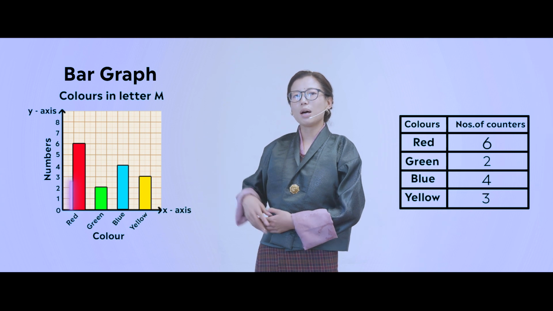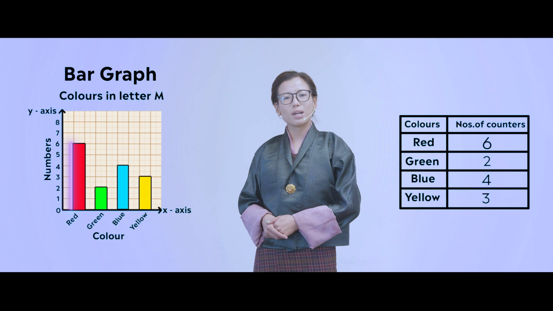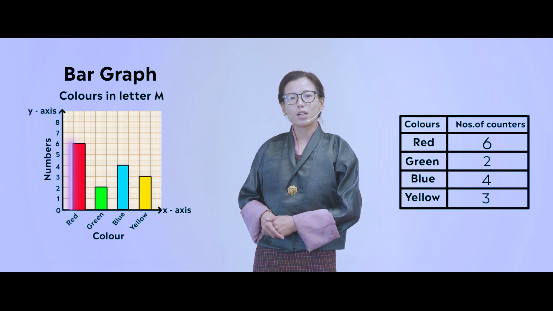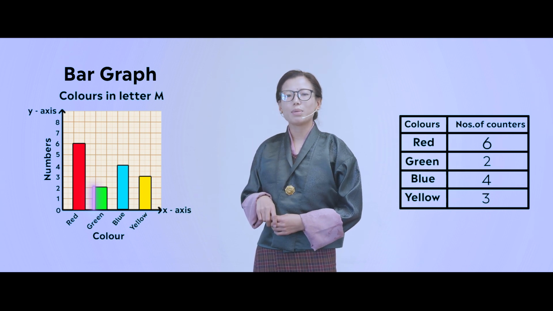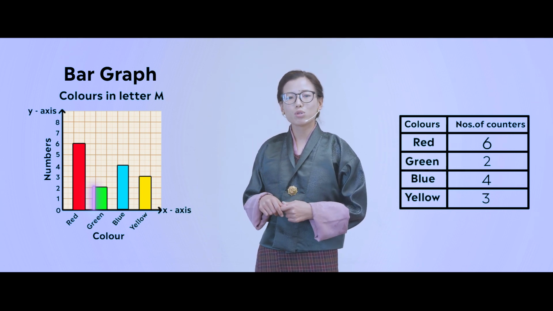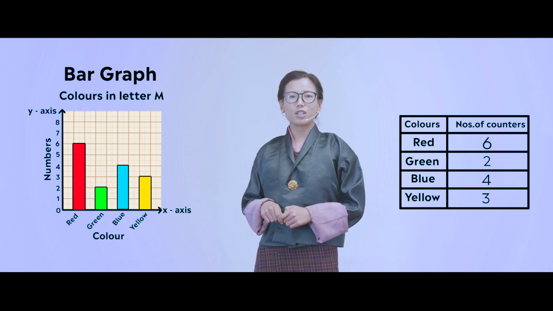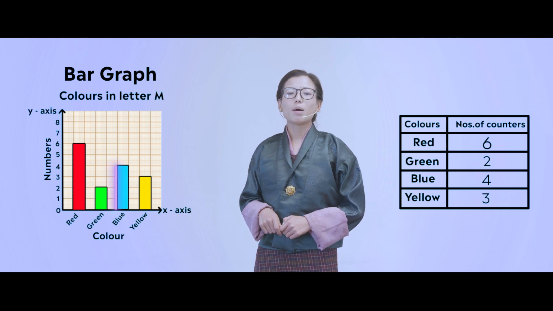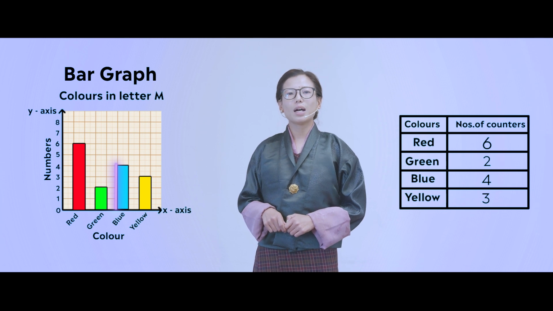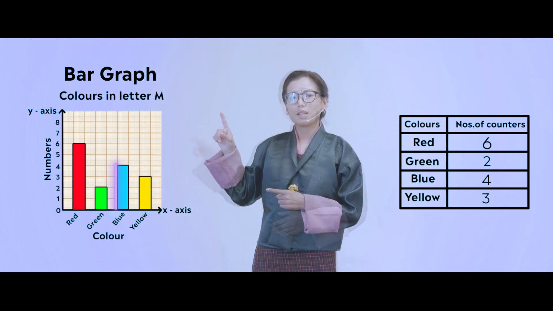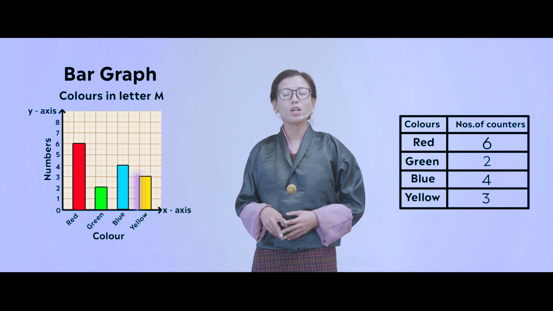For red, the bar goes up to 6 because there were 6 red counters, and the bar for green goes up to number 2 because there were 2 green counters, and the bar for blue color goes up to number 4. The reason? Because there were 4 blue counters, and the bar in the yellow goes up to number 3 because there were 3